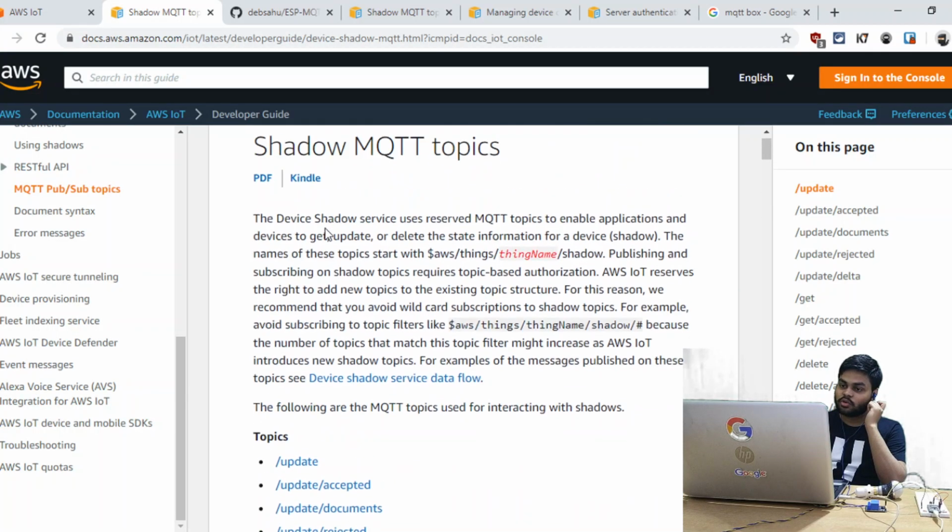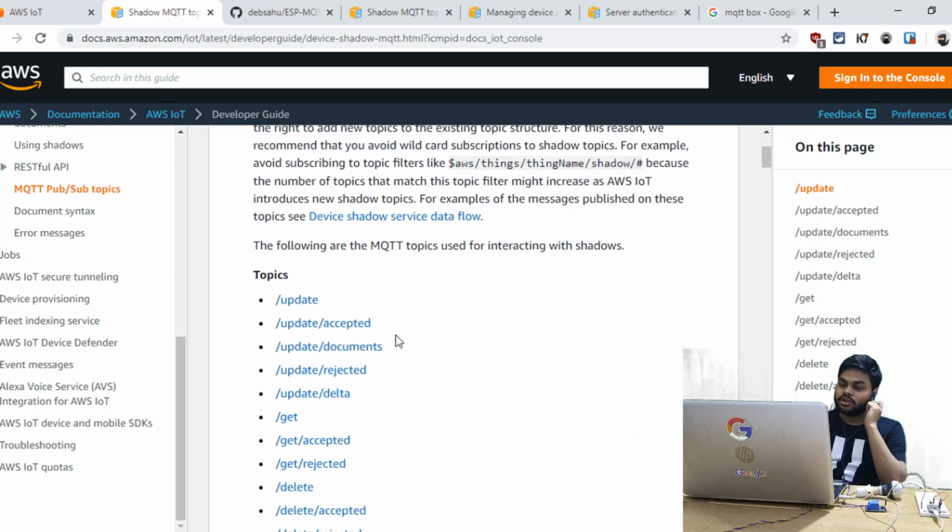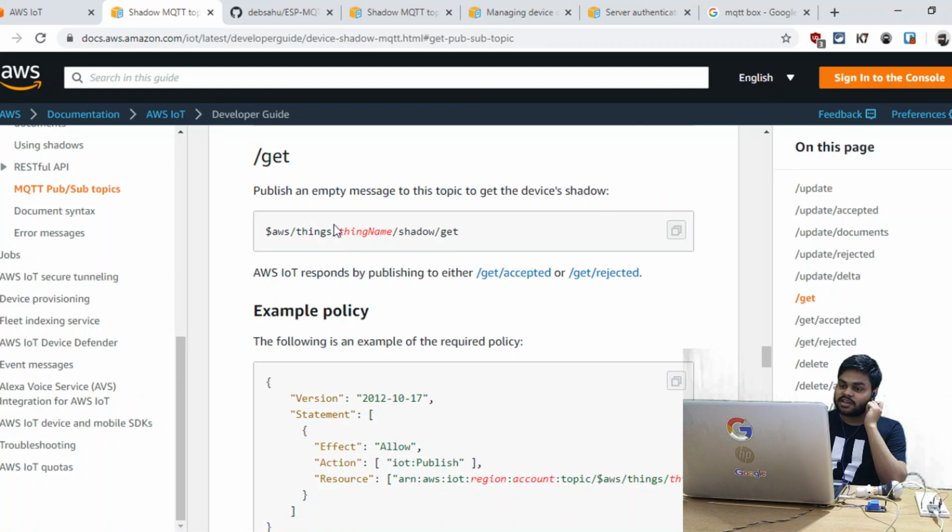The operations we can perform on this thing are: we can get this data, update this data, delete this data. We have already seen the update part, and now we will see the get part, how to get this data. To get this data, click on this /get. You need to send a get message on this one.